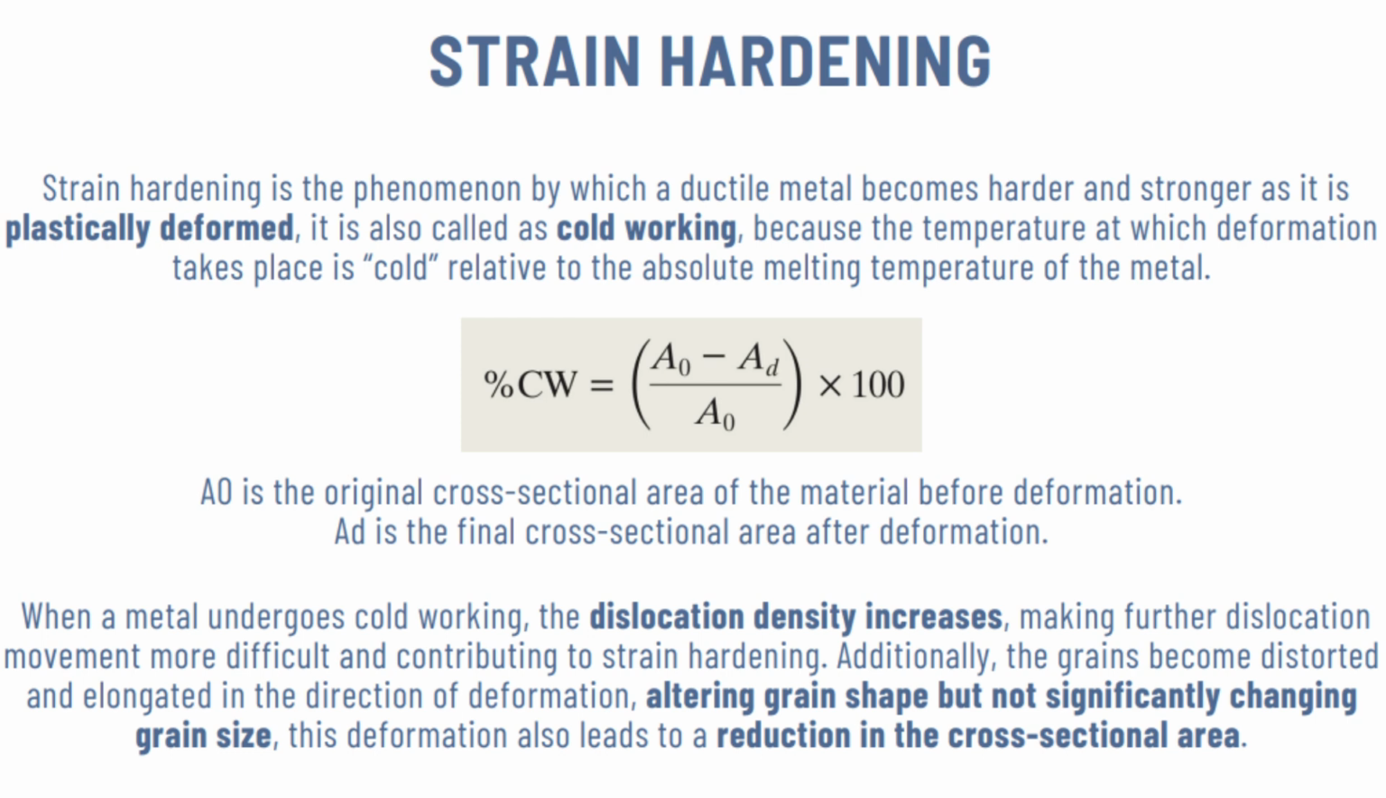So the last strengthening mechanism that we're going to be discussing today is strain hardening. Strain hardening is a phenomenon by which a ductile metal becomes harder and stronger as it is being plastically deformed. Strain hardening is also called cold working because the deformation of a material takes place at a relatively cold temperature relative to the absolute